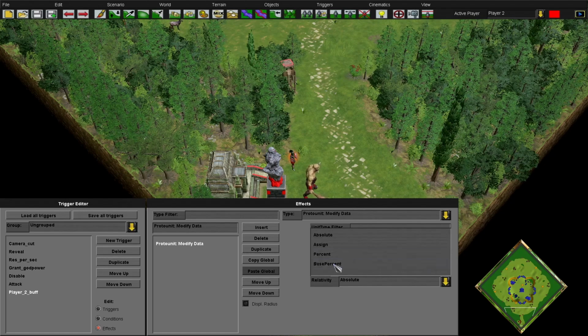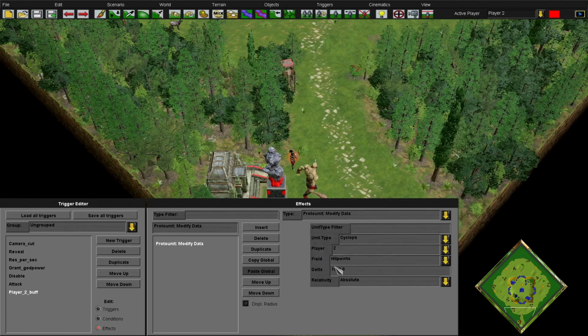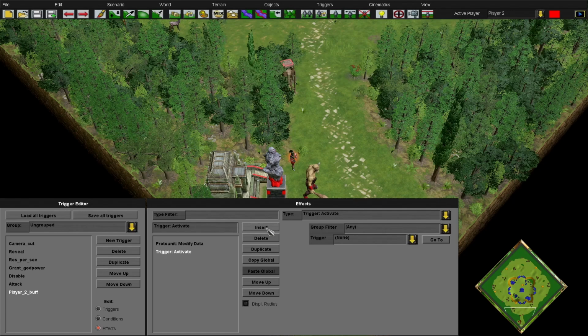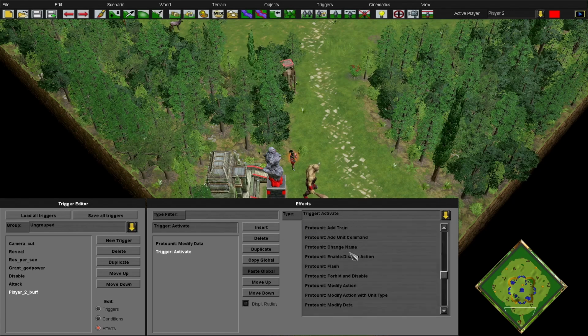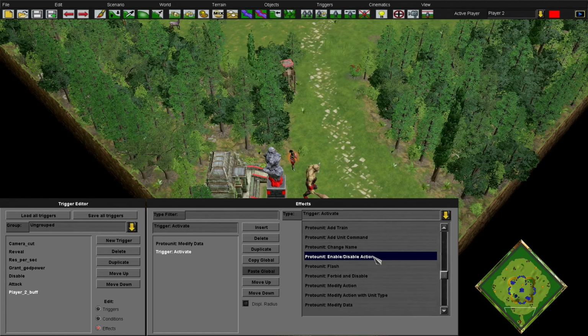I'm not really sure what the difference between these two are. I've had the same outcome from both of them. So let's stick with absolute, which is addition. And then we're going to go ahead and insert a new one. We want to give his attack more damage, his crush attack to be exact. So we're going to go to pro unit,